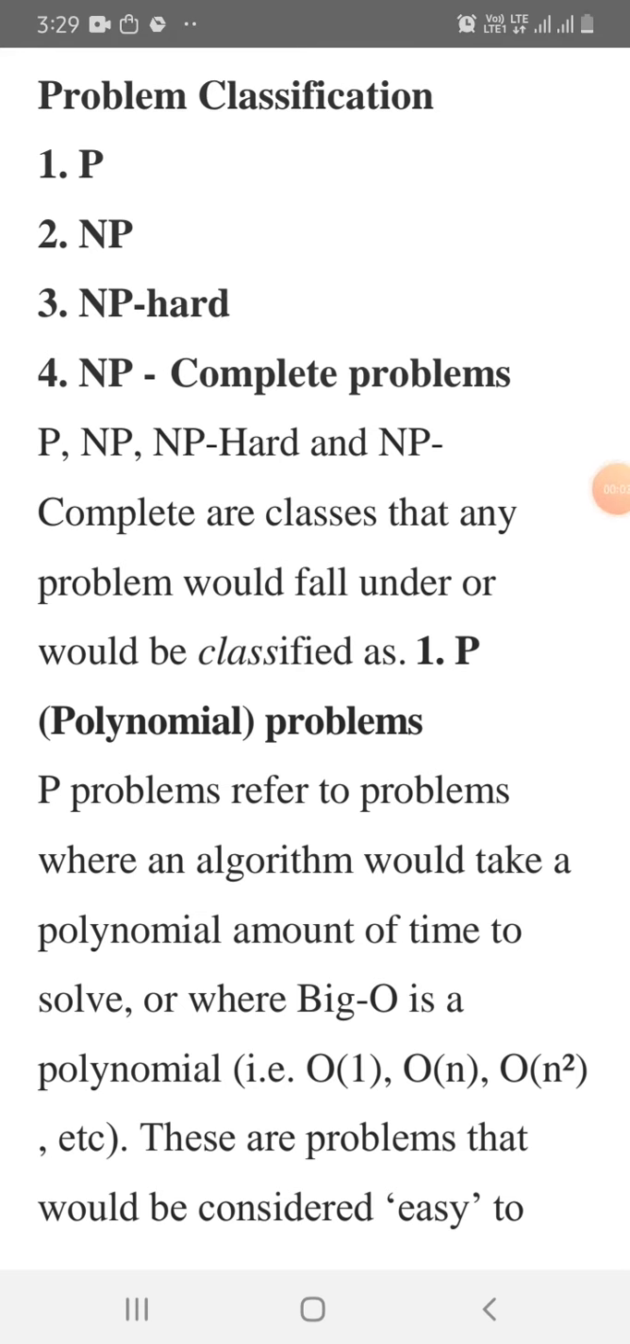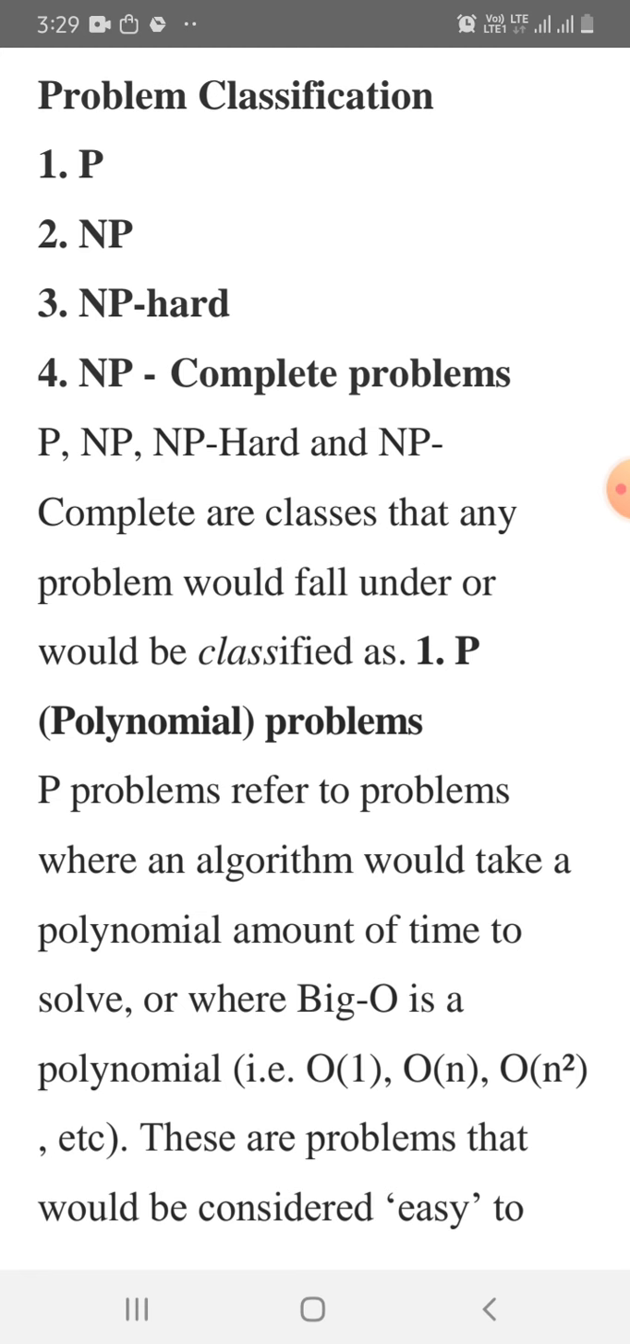Hello students, today we are going to learn problem classification. There are four types of problem classification: P, NP, NP hard, NP complete problems. P, NP, NP hard and NP complete problems are classes that any problem would fall under or would be classified